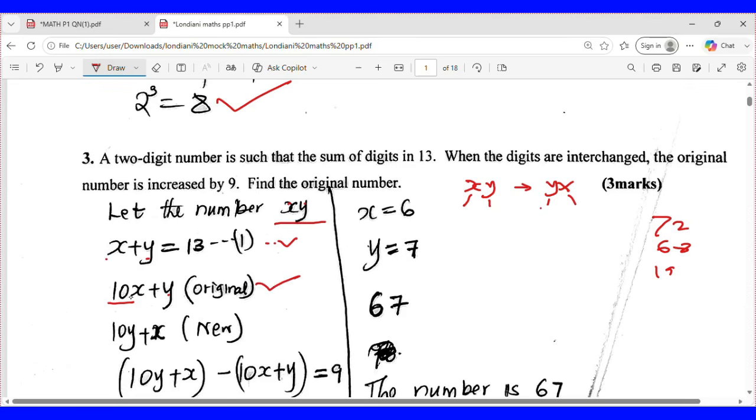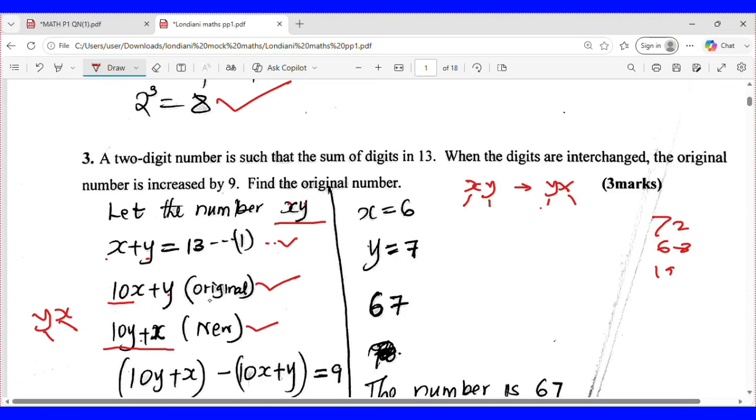Now when they interchanged, the number became yx. So this is ones and this is tens. Now the new number is 10y plus x. This is the new number. But when they were interchanged in such a manner, they realized that the new number, which is this one, increased,